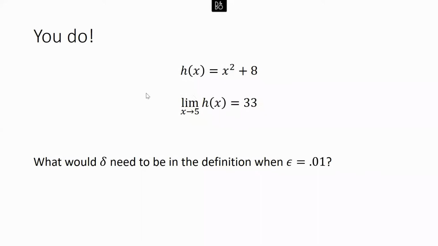All right, so we're trying to do this problem. And again, if you did it, that's great. Make sure if you haven't, push pause, do the actual problem before you look up the answer. So we want our delta to be chosen so that our epsilon can be 0.01. That means our output is within 0.01 of this limit when our input is within delta of 5.